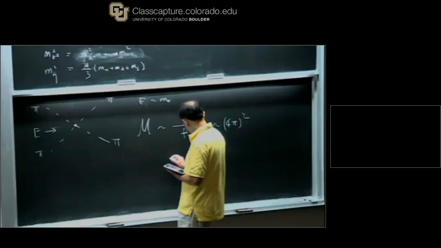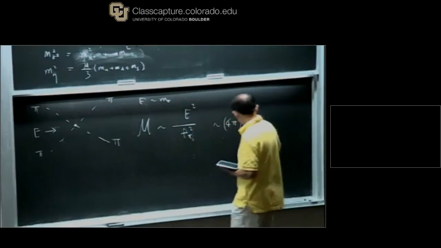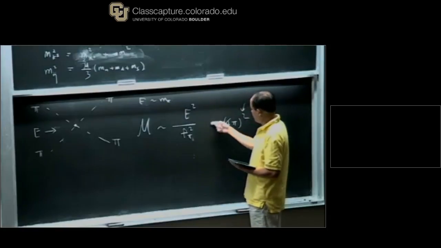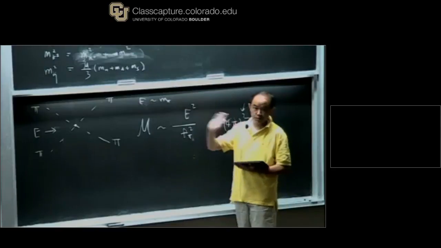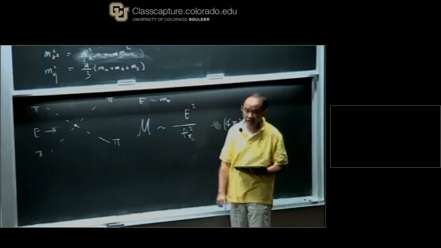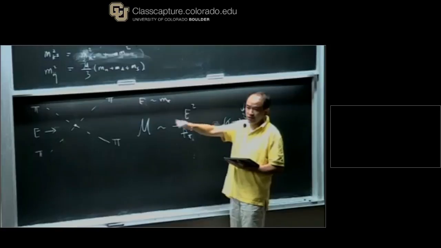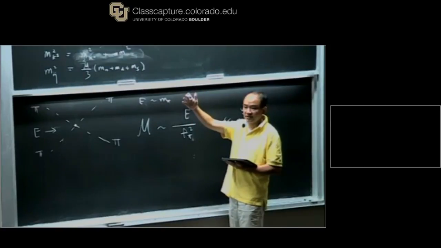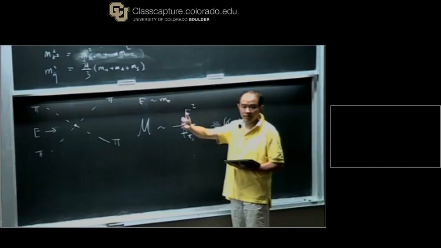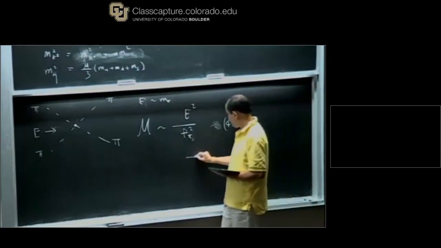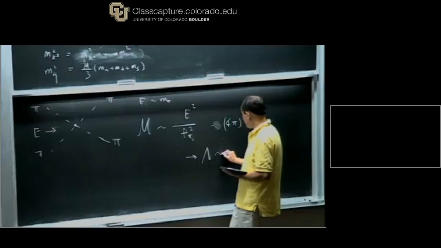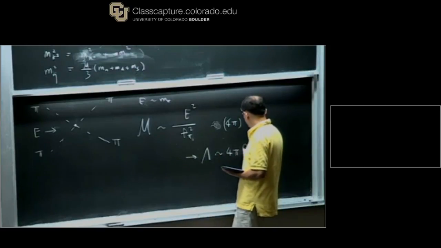So you see that if this is equal to this, the series should break down. I should hit a cutoff. This series should transit into some other different series, because this series becomes very strongly coupled. So it should become something else, and this gives you the cutoff of the series, which should be 4 pi times f,